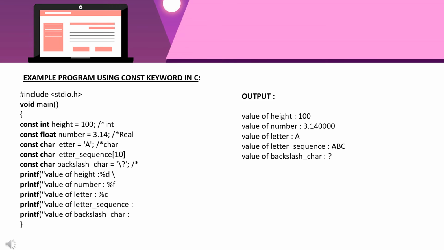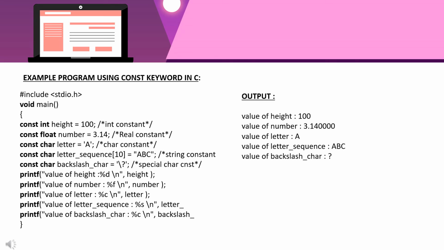Now here is a C program using constant keywords in C. At first, hash include stdio.h and in main, const int height equal to 100, that is, I have used here an integer constant, that is height. Next, a float constant or real constant, that is const float number, I have given here the assigned value 3.14. Next is a character constant, that is const char letter, I have given here the assigned value capital A, and const char letter sequence of 10. The string constant it is, and the string is given here ABC. And next is the backslash char, that is